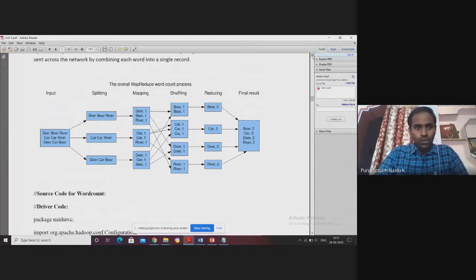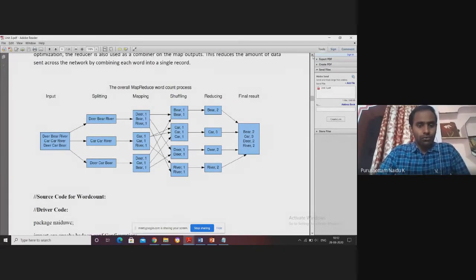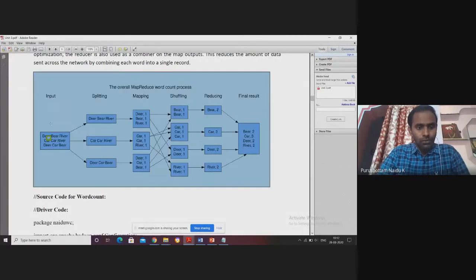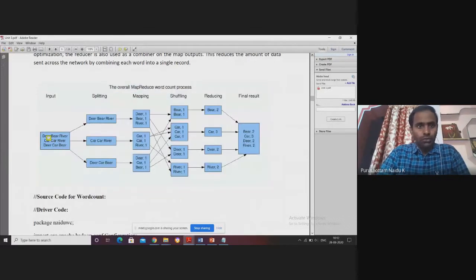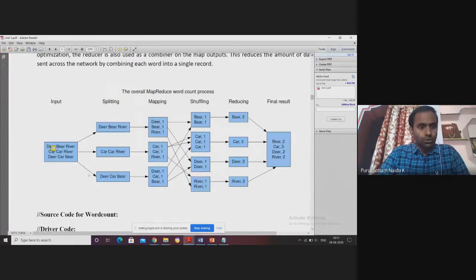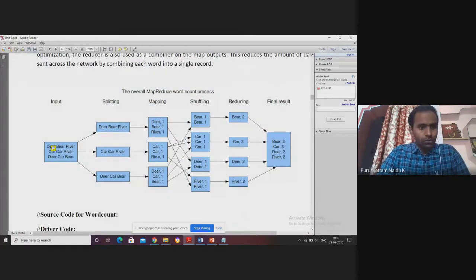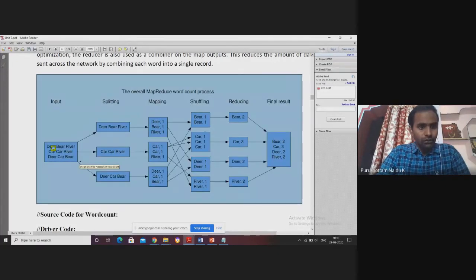Now let's take an example. I would like to find out the count of each and every word in a file. Let us assume I would like to write a MapReduce program to find out the count of each and every word in the given text file.